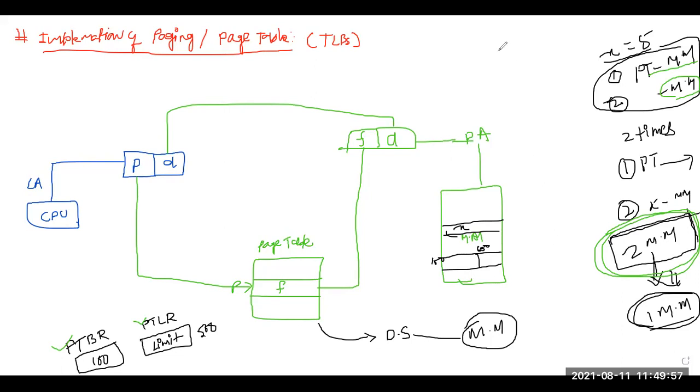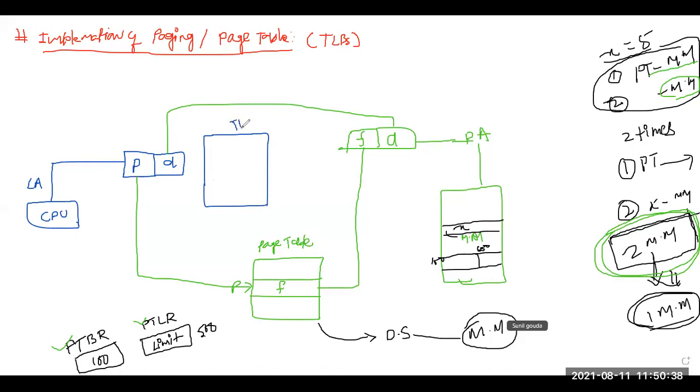So how can we reduce this? Now what we have said. Now we will have a hardware called TLB in between the CPU and main memory. Now in between these two, that is in between the CPU and the main memory, I am having what we can say is the TLB, or sometimes it's called associative memory, or cache associative memory. This is called your TLB.